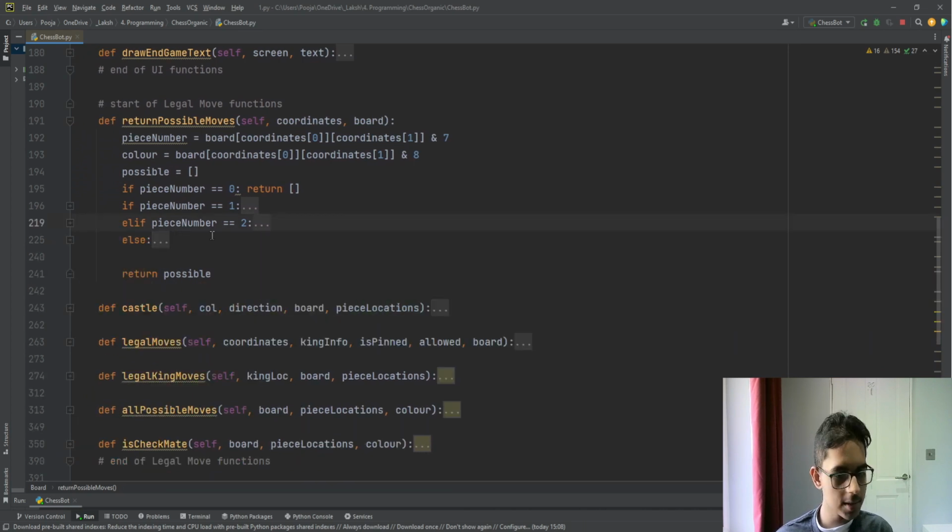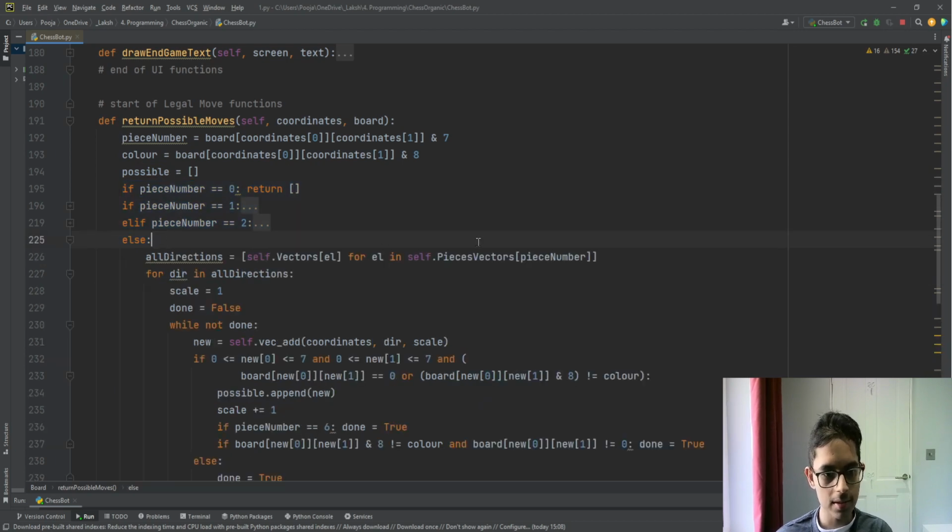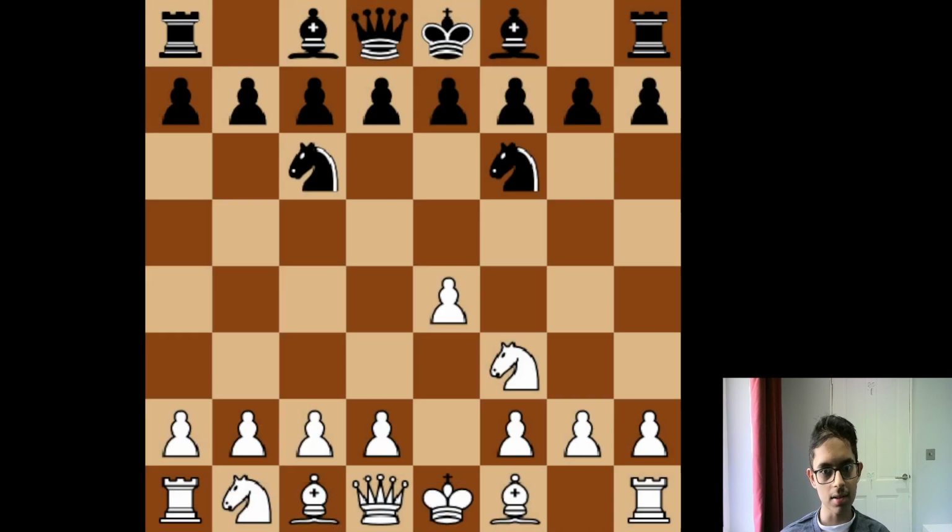And now if you're wondering what this possible array does, that's the final array which we will return, regardless of which piece number it is. Okay, and now we go to the big boy. So this one's basically the vectors for all the other pieces apart from knights and pawns. Okay, so to consider how these work,